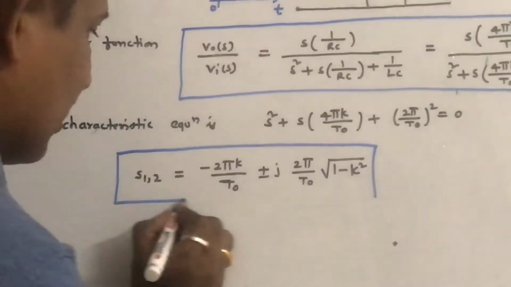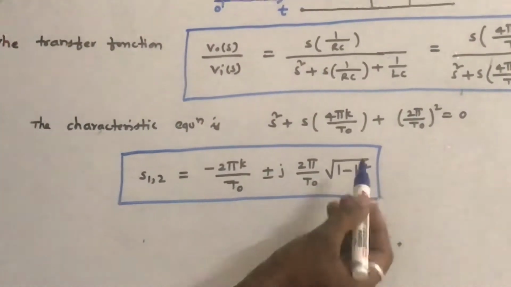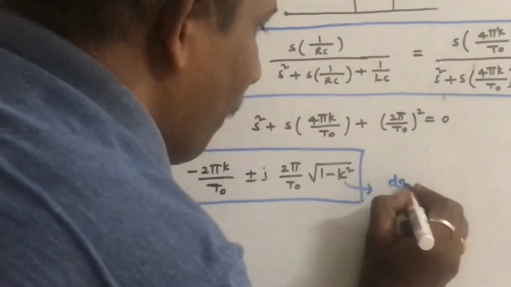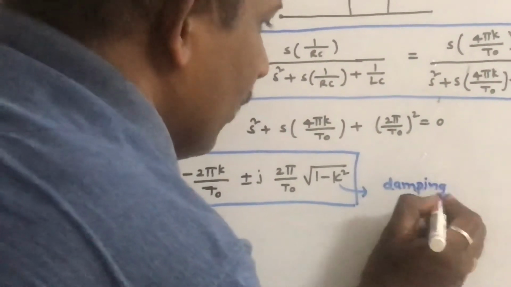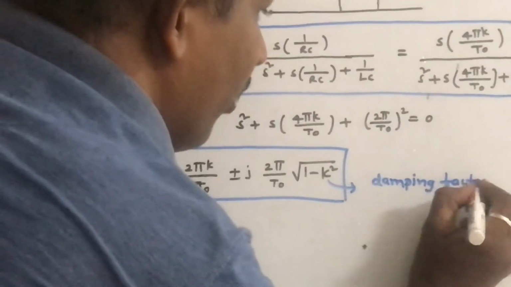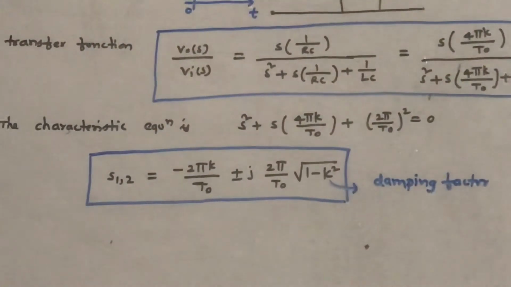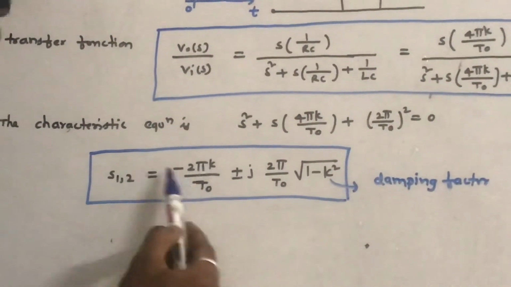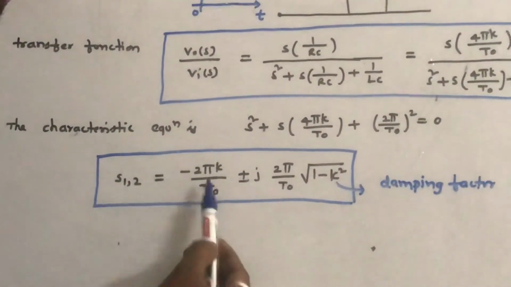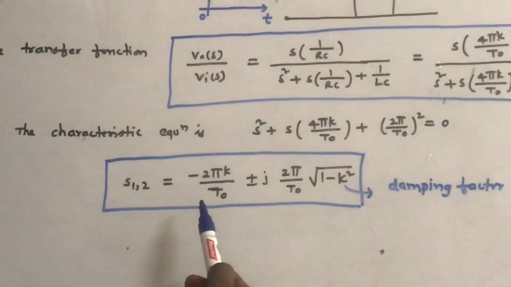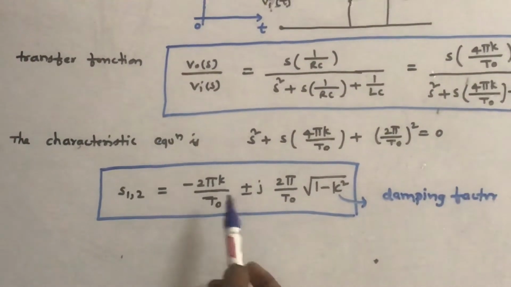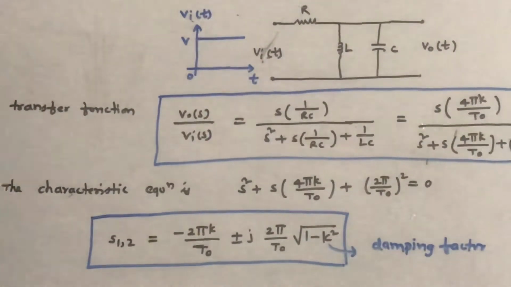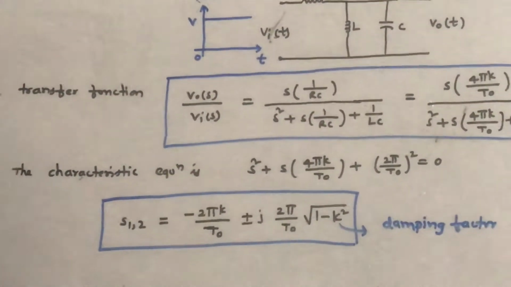Now, we have discussed in the first case k is equal to 1. What is k called in this formula? Damping factor, or damping coefficient, or damping ratio, whatever you can call. It is called damping factor. For k equal to 1, that means the roots are repeated roots, real and repeated roots. So that is called critical damping. We have drawn also the nature of response for the step input. Now we will see the underdamped response, case 2.